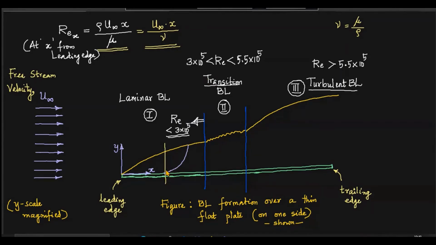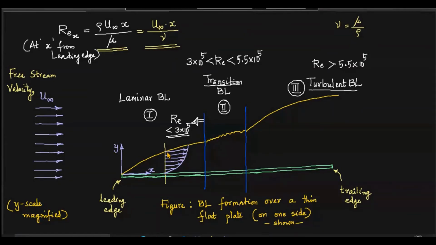Velocity profile, laminar section. When the boundary layer flow is laminar, what I am drawing here are successive layers, one above the other, and they will have this velocity. This velocity increases in the y direction, the velocity of the fluid layer. But outside the boundary layer, it will be exactly u infinity.